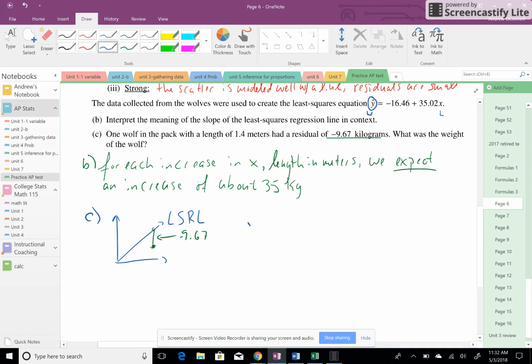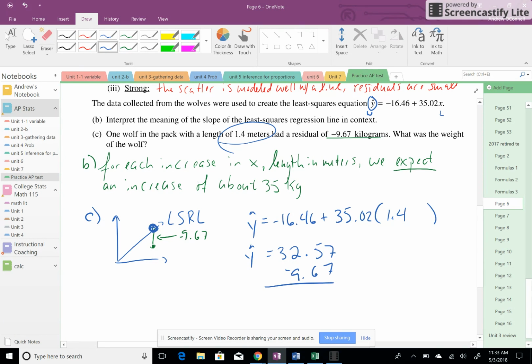So start by finding the predicted weight. The predicted weight is negative 16.46 plus 35.02 times the actual length, 1.4. I'm going to assume you put that in a calculator and get your predicted to be 32.57. Then take away your 9.67, and the actual weight is